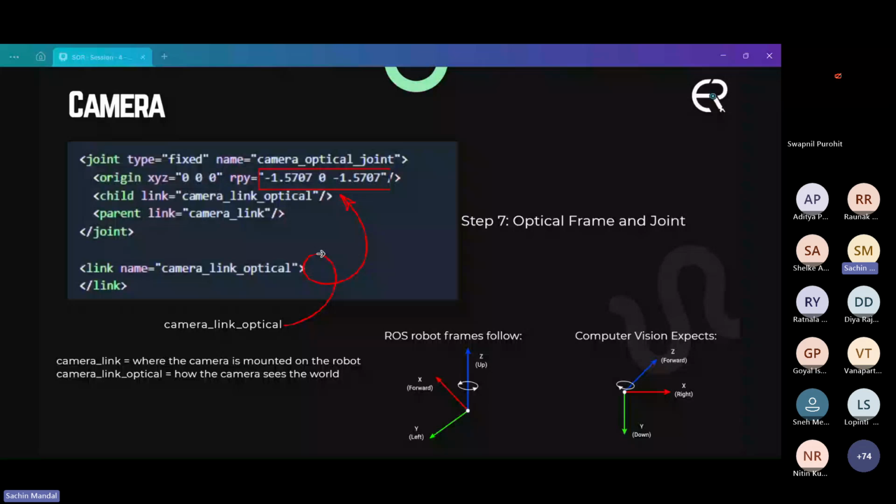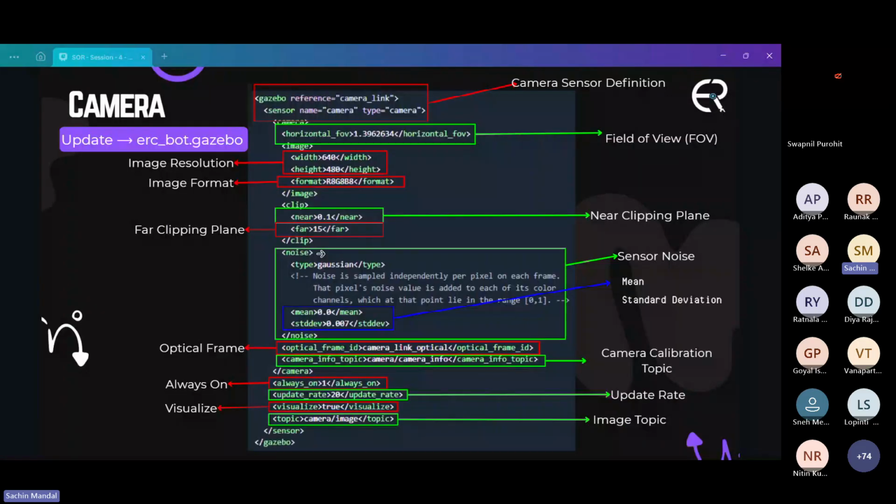So whenever we buy a camera, we check resolution, field of view, and image quality. The same things are configured here. So we update the Gazebo plugin file to equip our camera model with these real features. First of all, we add the sensor name and type, and the horizontal field of view in radians, which is roughly here